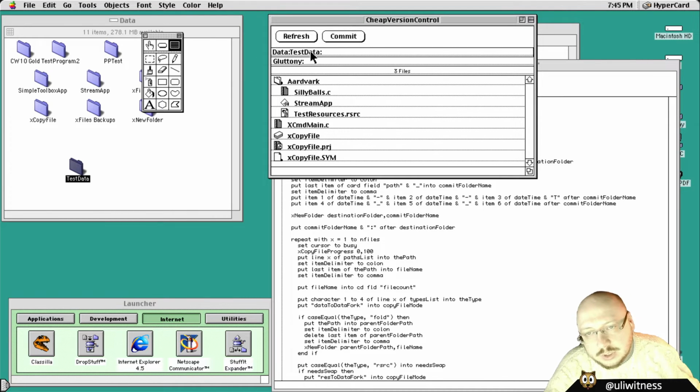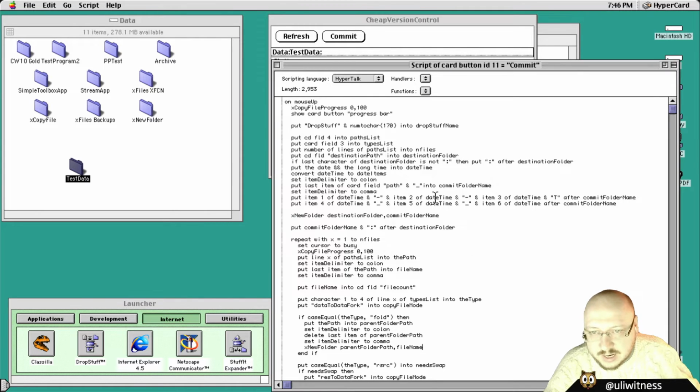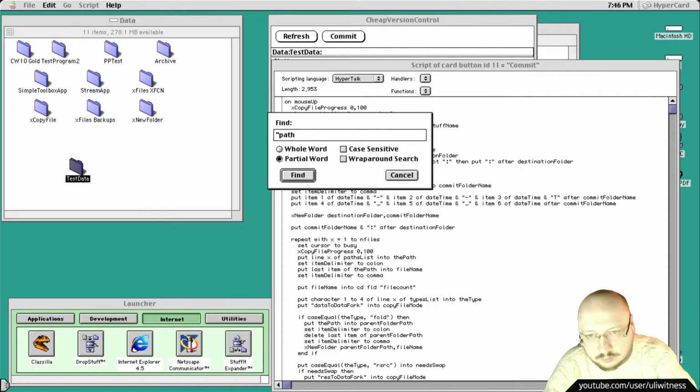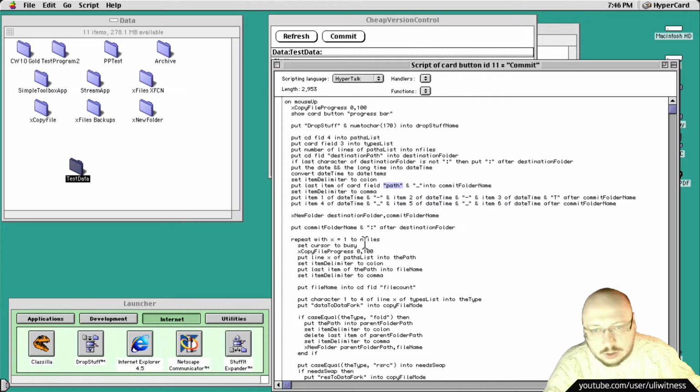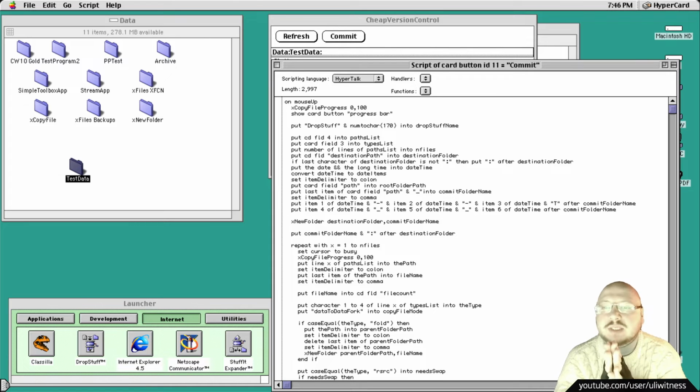That should be this field, card field path. Put card field path into parent folder path. No, into root folder path. So now the thing is,